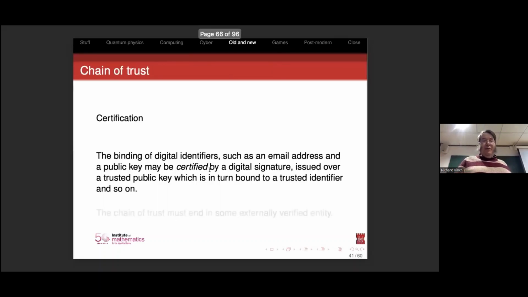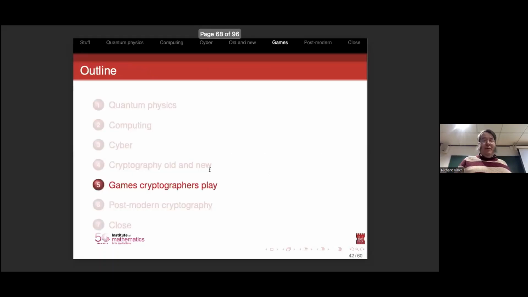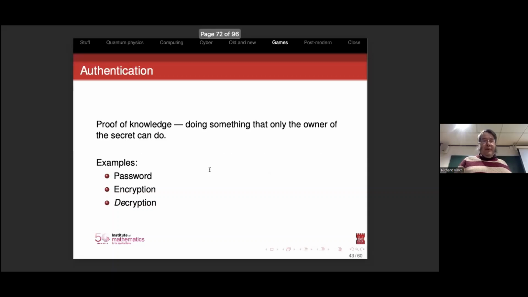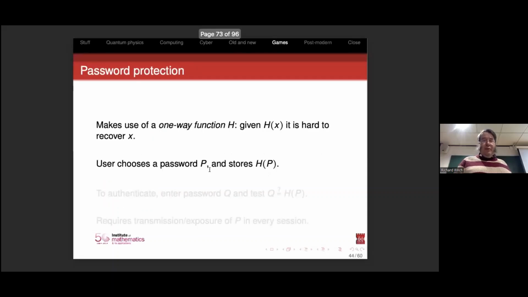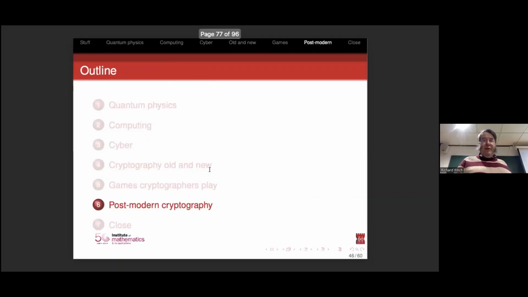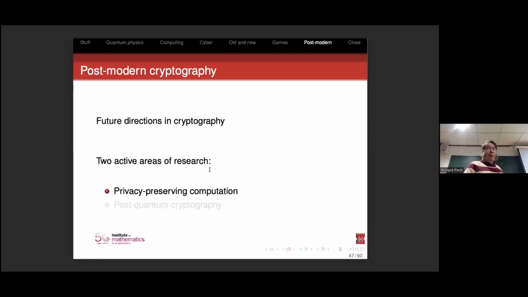And I won't go on about chain of trust. And I don't think I will mention this either, because I want to get on to postmodern cryptography. So what are the two things going on in cryptography? Well, firstly,